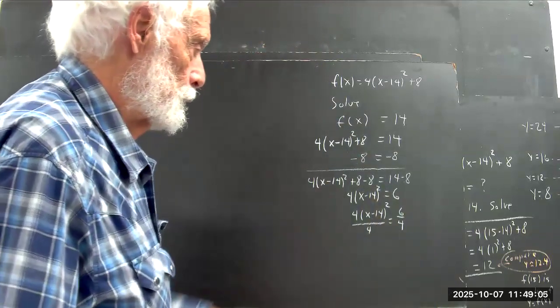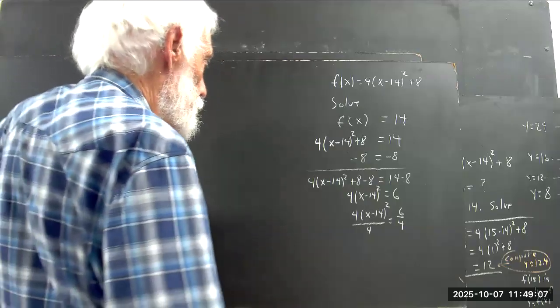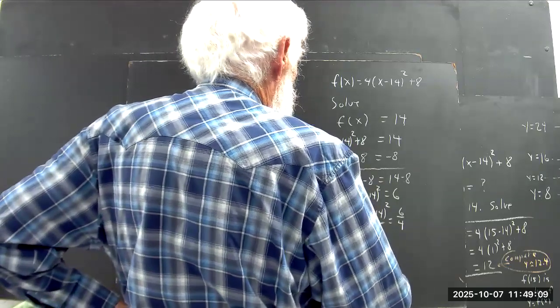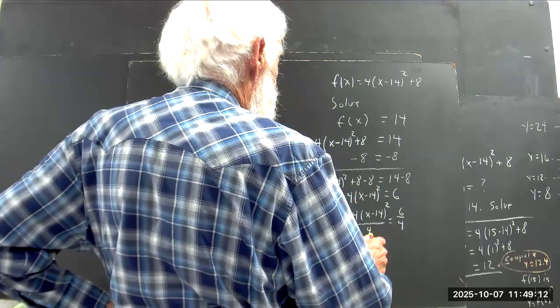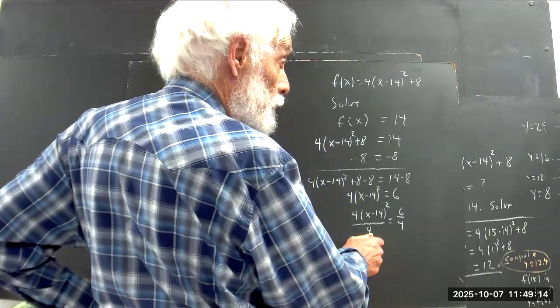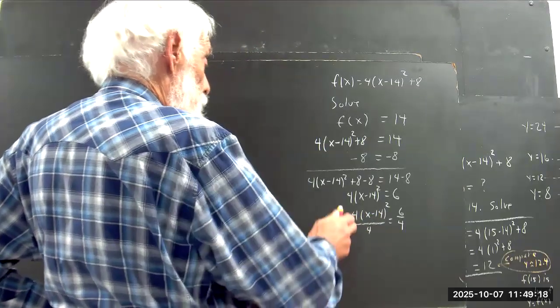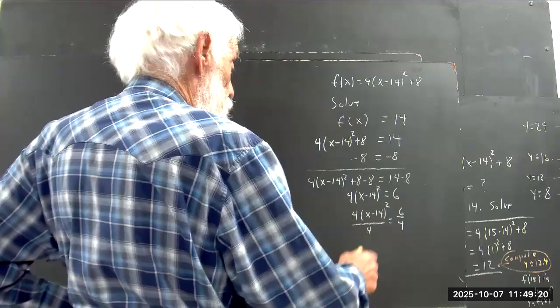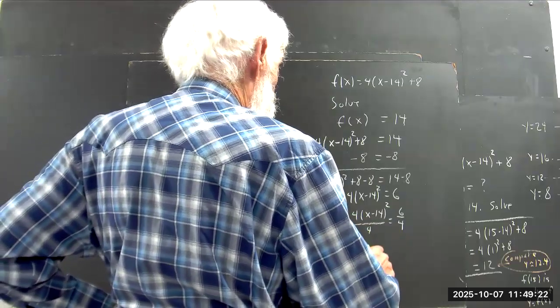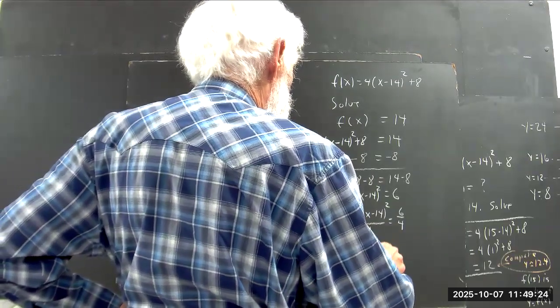And there we have a perfectly good step. Then the 4 is a factor of the denominator. In fact, it is the denominator. And this 4 is a factor of the numerator. It's something multiplied by everything else to give you the numerator. So we can divide the 4s and we get x minus 14